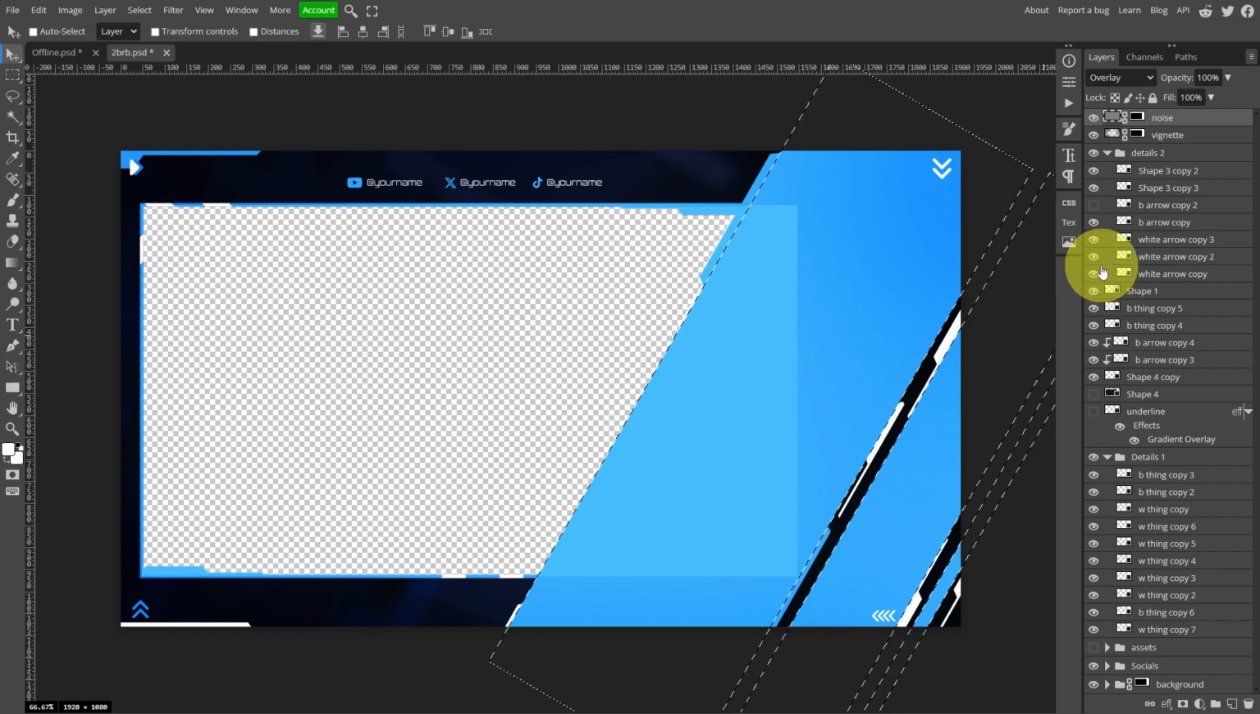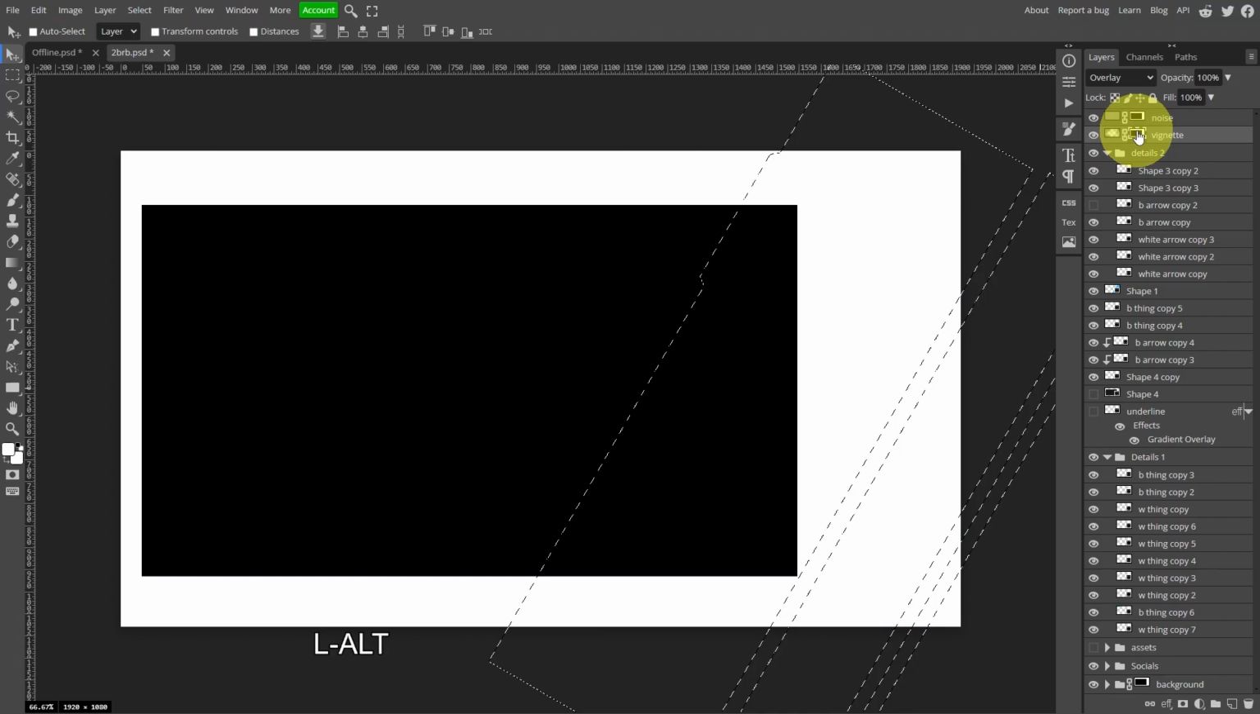It is probably in details 2 and it's probably a B. Actually, no, it's in details 1 and it's B thing. And there it is. So Control to prepare for the selection, Shift to make it additional, and click. Booyah. Now go back to your vignette, click on the mask. All right. And basically I held Alt to see the mask. Just go to the paint bucket tool under the gradient tool here. And we actually want white in here so that the vignette is